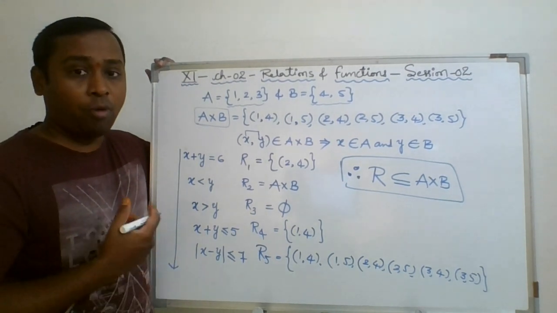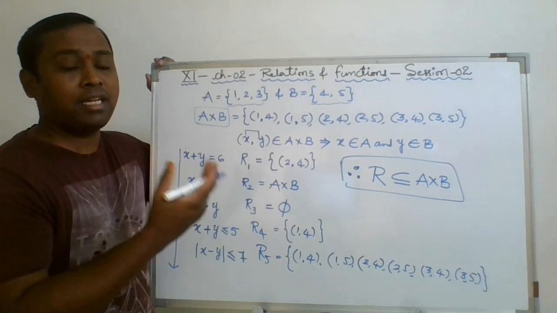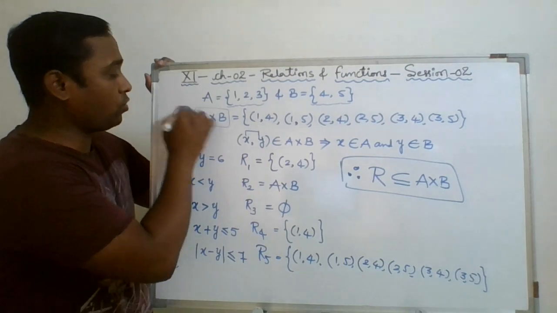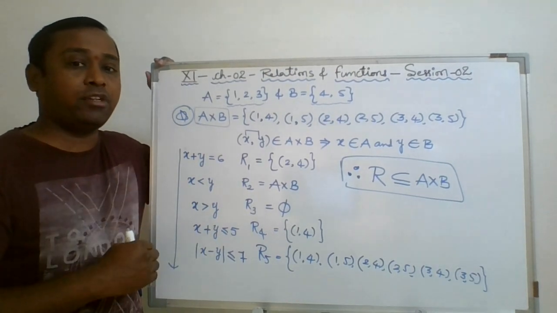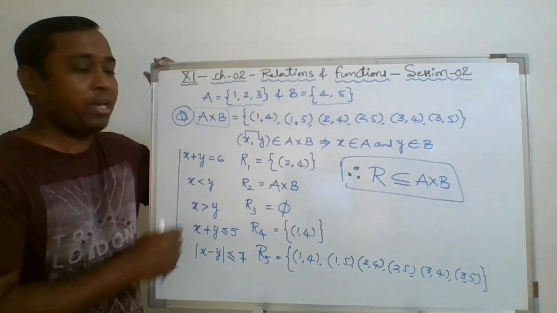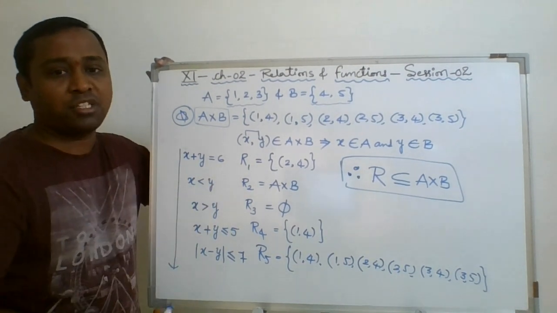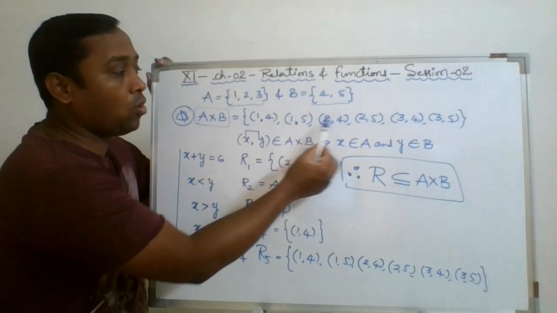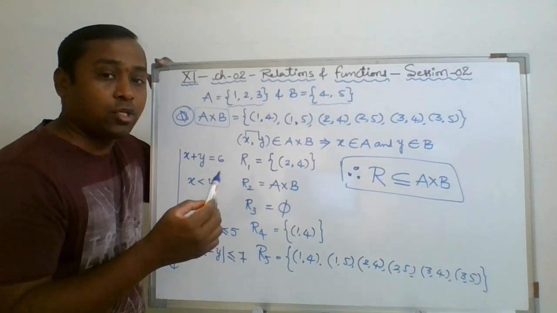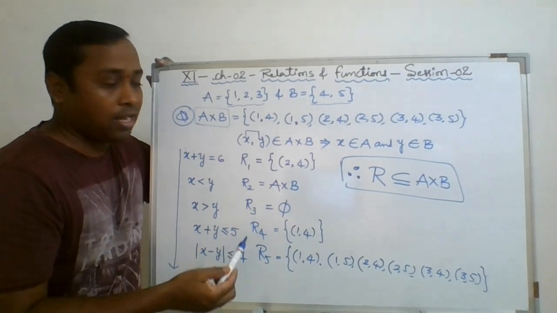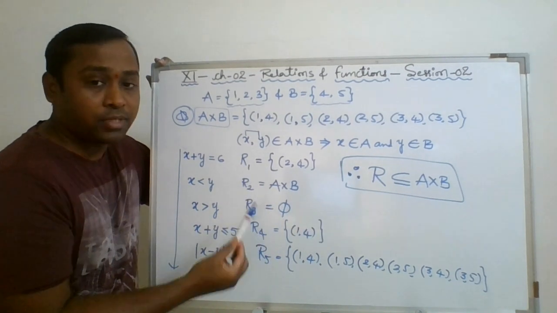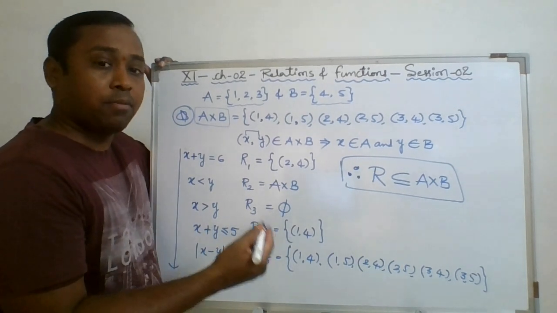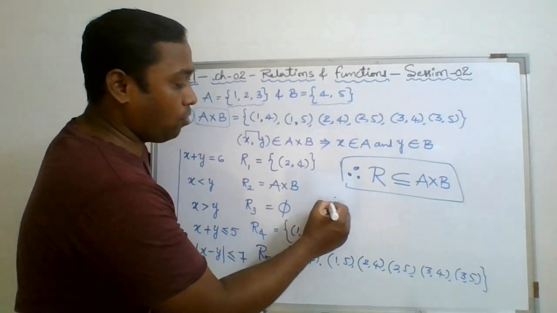When I say how many relations, you always treat it in the language of subsets. If I am asking how many relations you can make on A cross B, you just convert that language into subsets. How many subsets can you make from A cross B? Immediately your answer will be 2 to the power of n, because if A cross B has n ordered pairs, you may generate 2 to the power of n subsets, and by definition every subset is a relation. So the number of subsets means the number of relations. Therefore